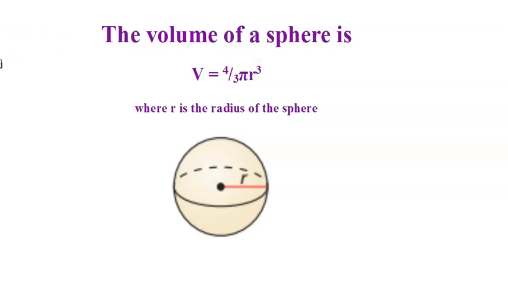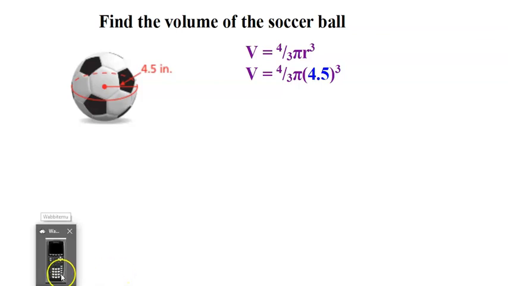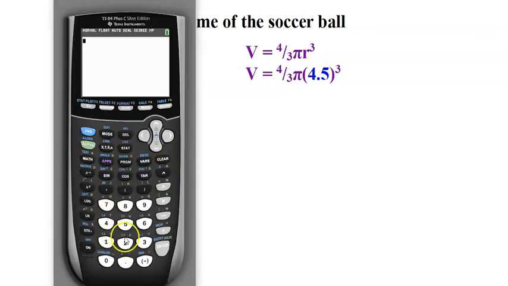So here we go. Let's do something with this. We want the volume of the soccer ball. Well, let's see, we got a 4.5 inches there, so that's going to be the radius, which is what I need. So we start with our formula, 4/3 pi r cubed, plug in 4.5 for the radius, and that one I cannot do in my head. So let's get the calculator up right here, and I'm just going to do this all at once,